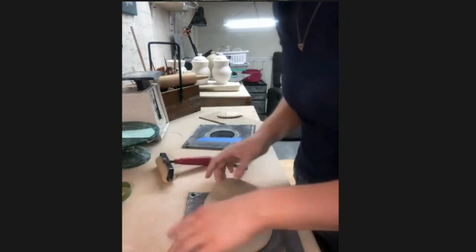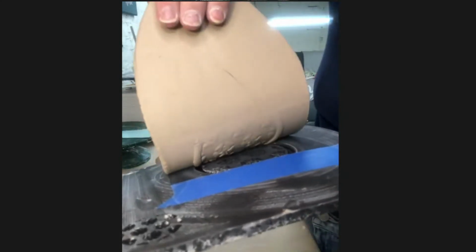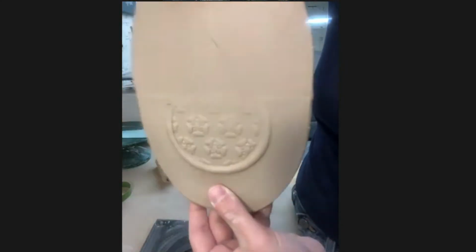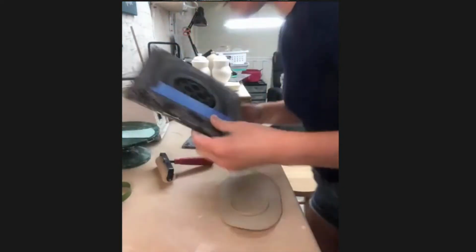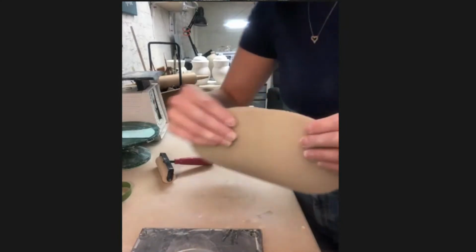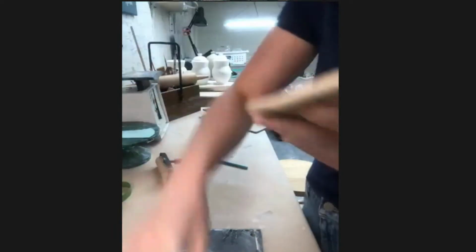Okay. And then we'll do a beautiful little peel. Looks pretty good. Great. It's kind of subtle towards the center, which I like. It'll kind of magically blend into our other pattern. So since I put those little registration lines on the slab here, I know they're really tiny, I can flip this over